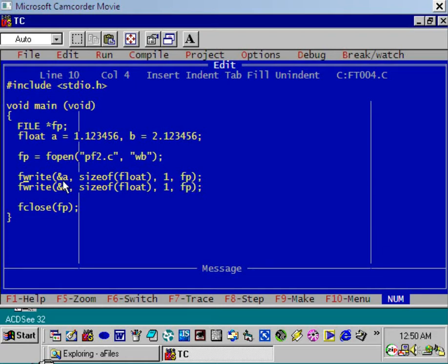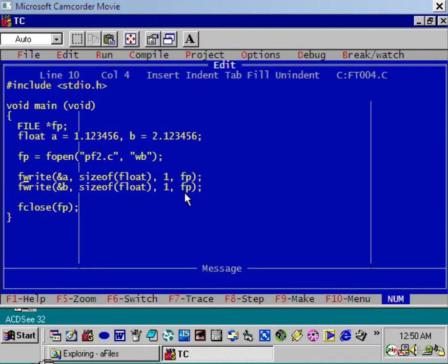So the first fwrite statement writes the content of variable a to the file pf2.c, and similarly the second fwrite statement writes the content of variable b, that is 2.123456, to the stream fp. Is it clear?